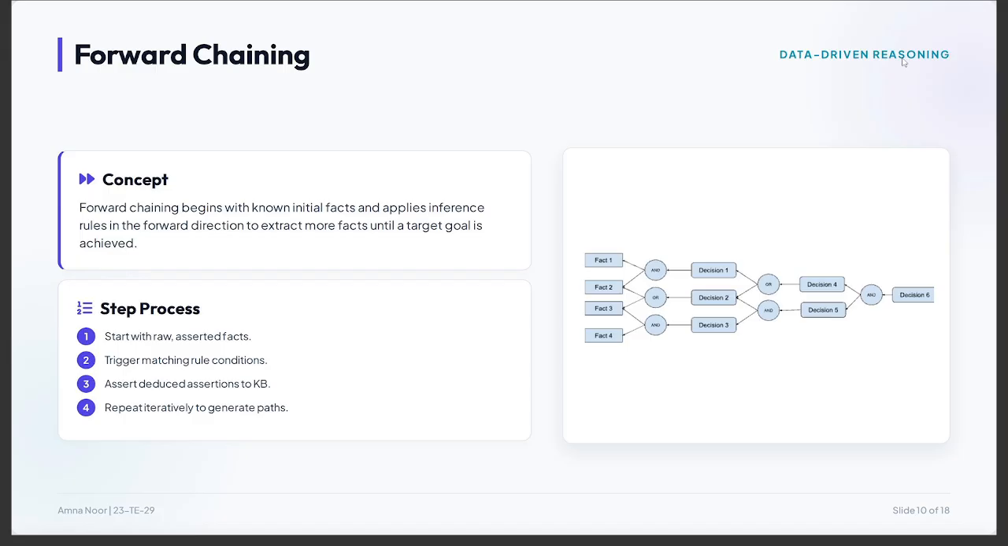Here we have forward chaining. Forward chaining is a data driven reasoning method. It starts with known facts and applies rules step by step to generate new conclusions until a final result is reached. It is useful when we want to explore all possible outcomes from given data. And in the image attached you can see a flow chart starting from facts moving through rules to final